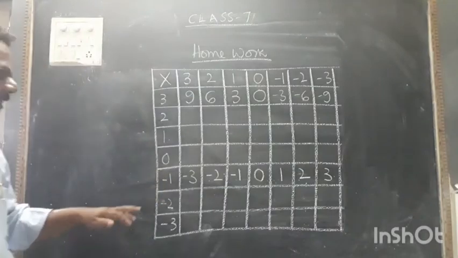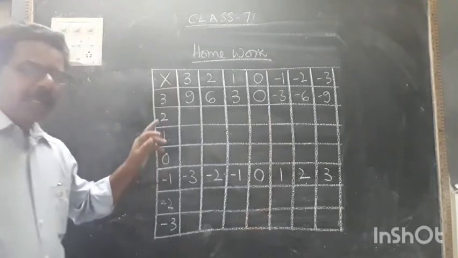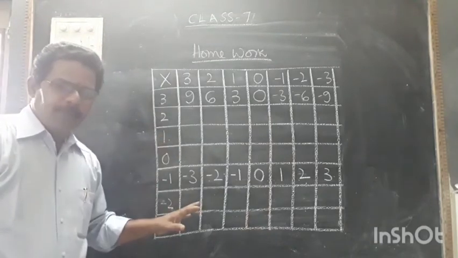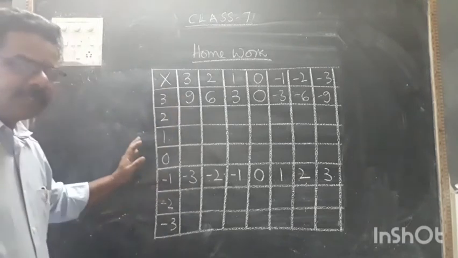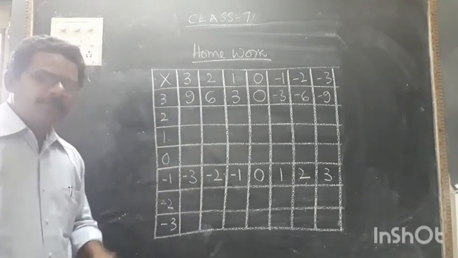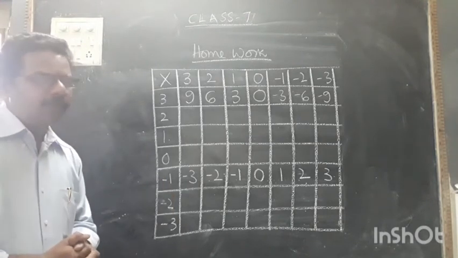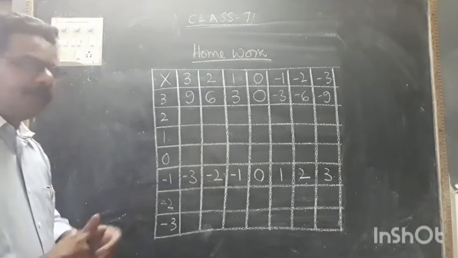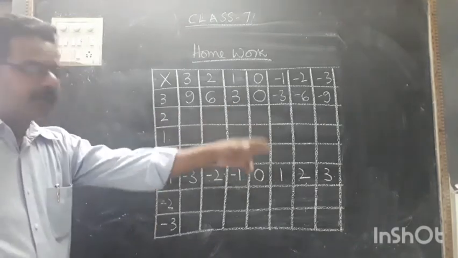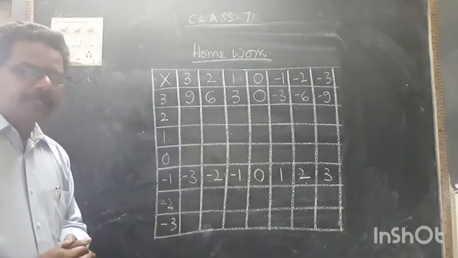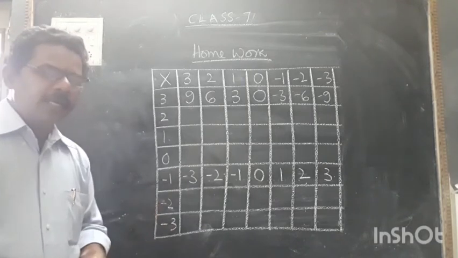Okay. Like this, if you multiply any number with 0, you get zero. Okay. Remaining table you have to complete. Understand? By multiplication. Okay. This is the second homework for you. This also you have to draw the table in a homework book or practice book and you have to fill the table. And while doing the multiplications, if you have any doubt, you can do the multiplication in the right margin. Then you can do it. Understand? So this is the second homework.